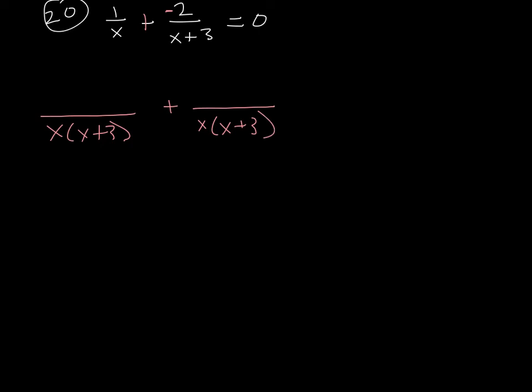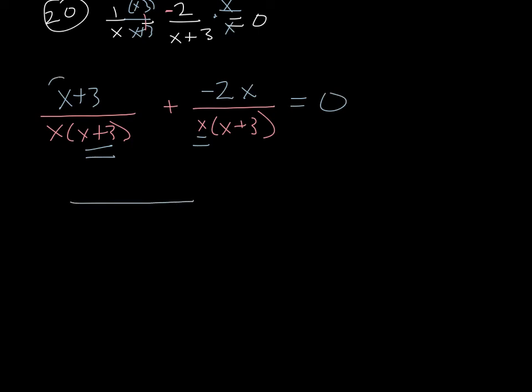So my first equation, I'm missing this. So I have to multiply by x plus 3 over x plus 3. So I just have the x plus 3 because 1 times x plus 3 is x plus 3. And my second equation, I'm missing my x here. So I have to multiply by x over x. So I have negative 2x. So if I combine those two together, I would have x minus 2x, because those are my like terms, so a negative x plus 3 over, I guess I don't really need that in parentheses, but I already wrote it,